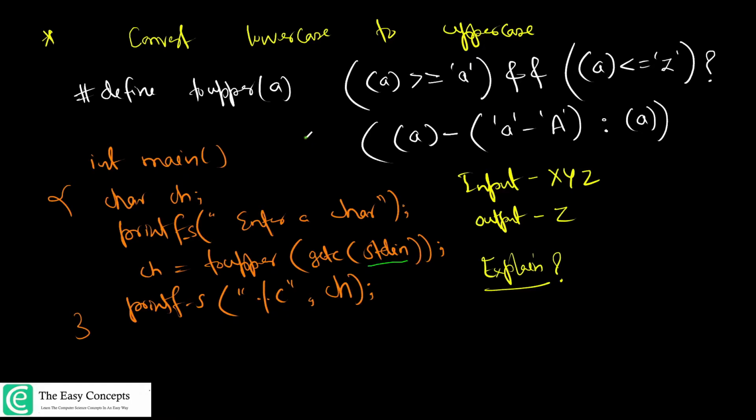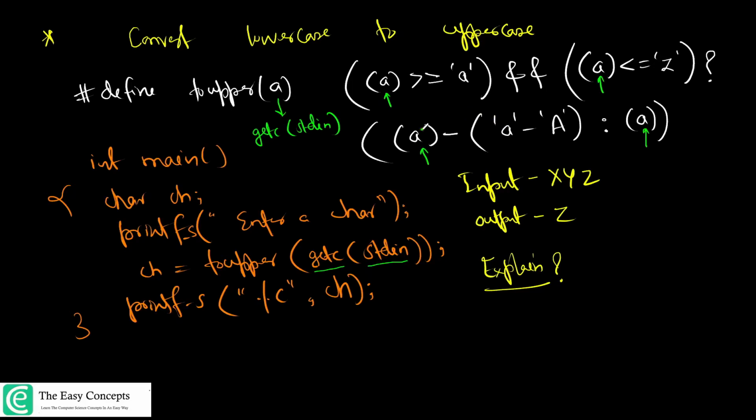Fine. But because of this implementation of the macro, this get c is executed once to determine whether this particular value is greater than or equal to a and less than or equal to z. So these are two times when this get c is executed. You can see we are passing get c stdin here. So every time we are writing a as a variable, we'll have get c stdin. So basically we are writing it four times, but it could be executed two or three times.